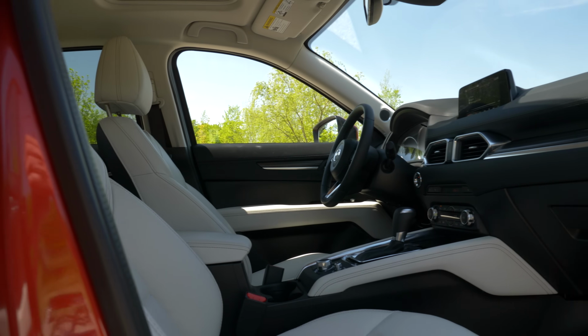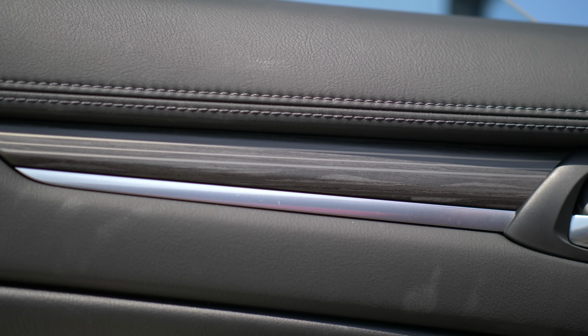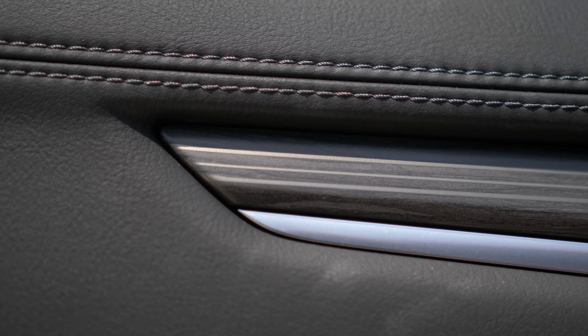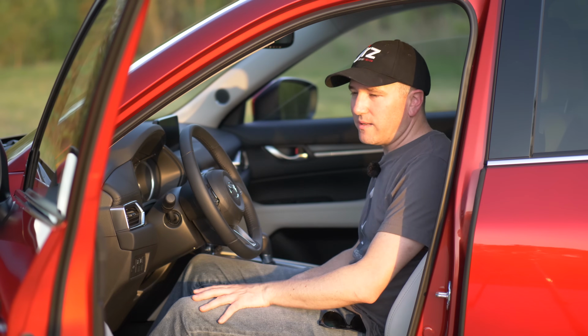Take a look at this side and center trim pieces. It's a synthetic material, but it has these interesting design elements in there. This almost copperish looking metallic filaments in it that kind of change direction and have different machining in it. It's just something you don't notice until you look at it up close, and it's such a great alternative to wood or fake wood or the plastic, garbage wood trim that you see in a lot of more